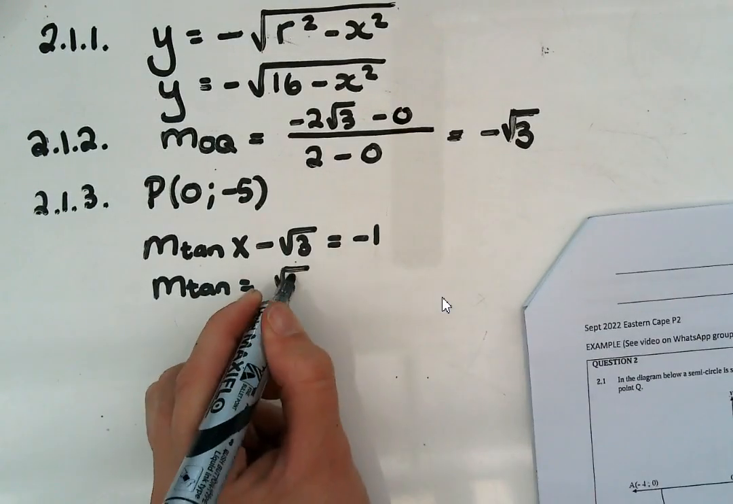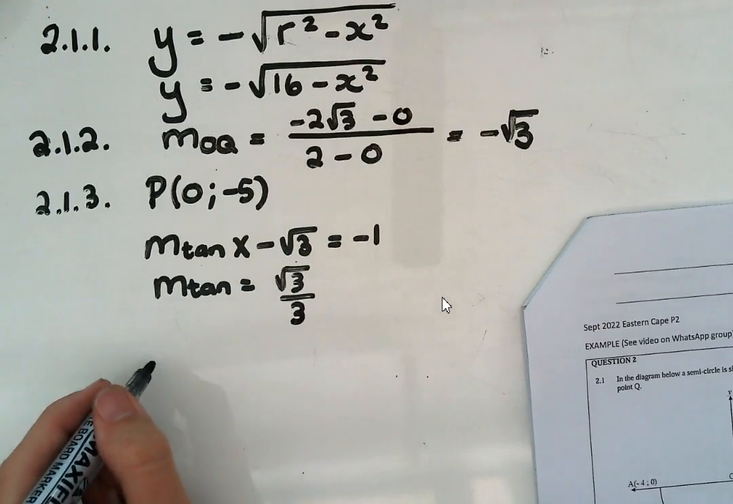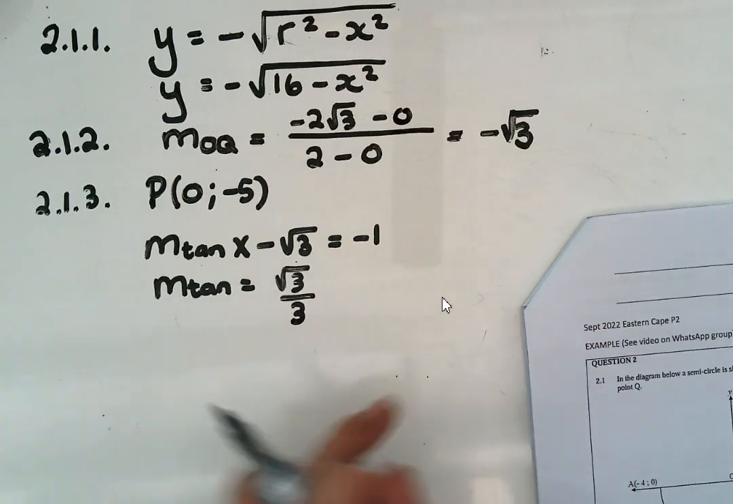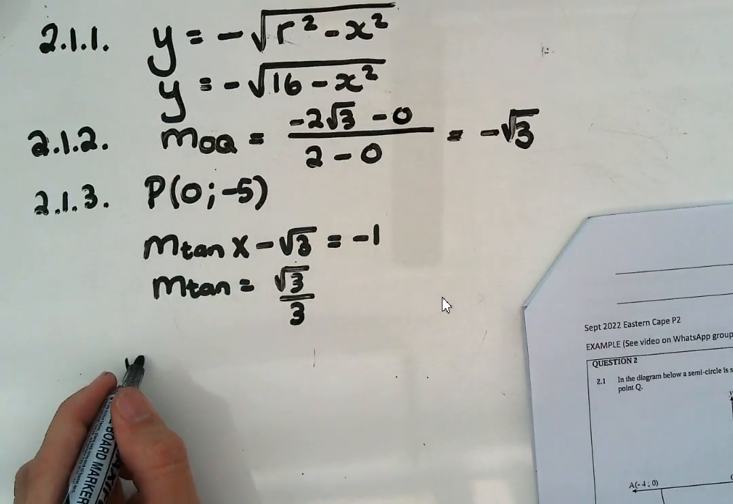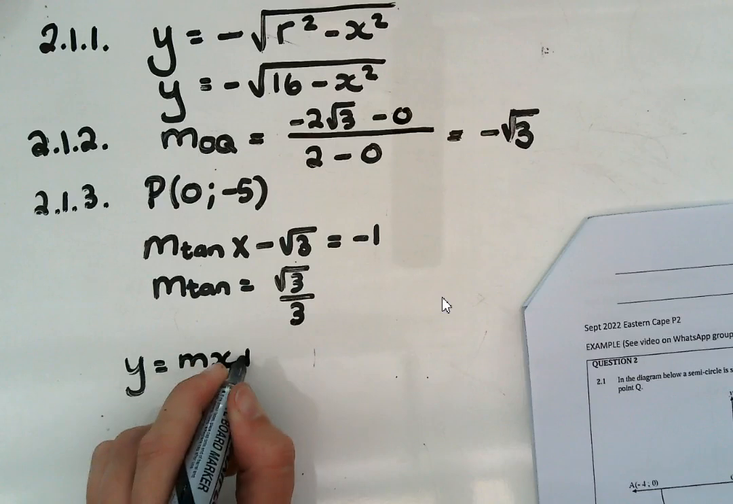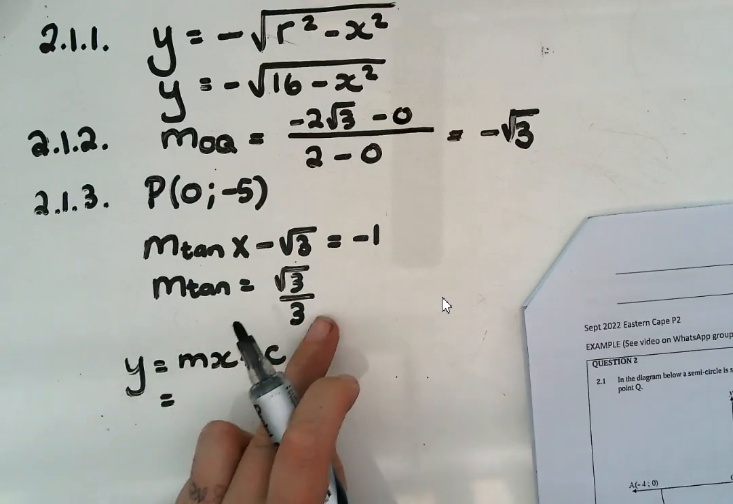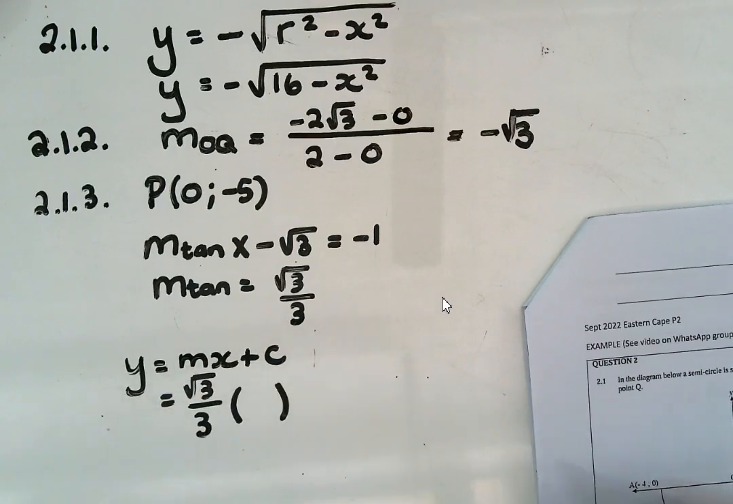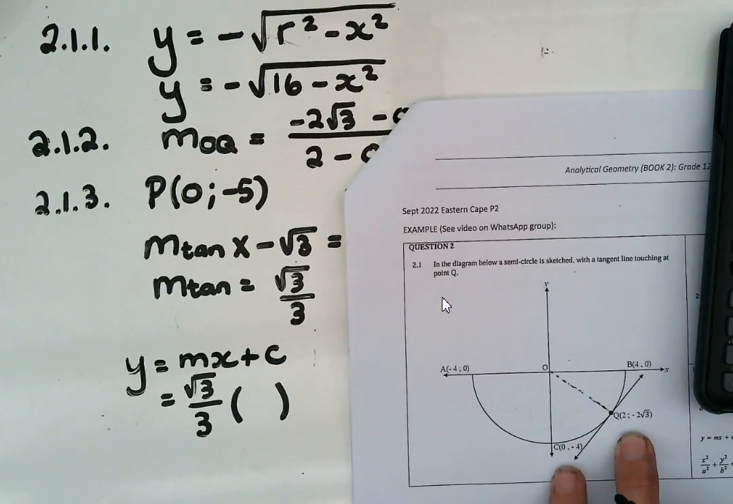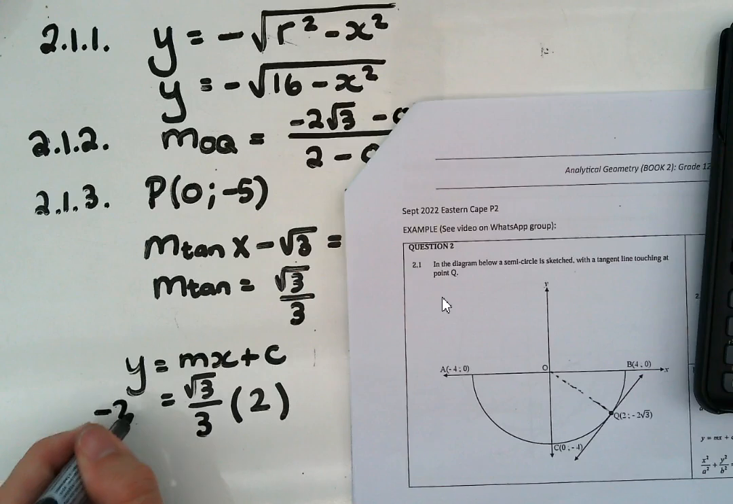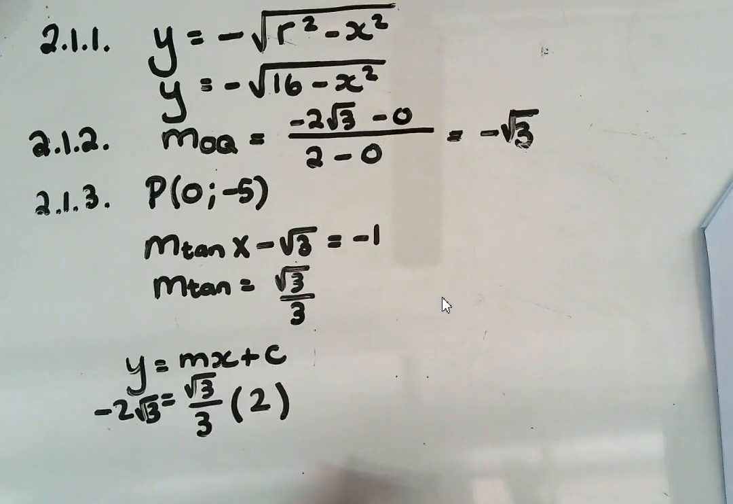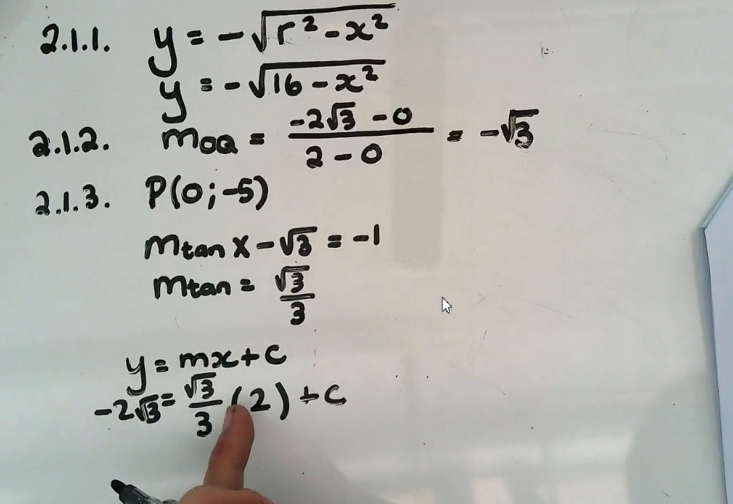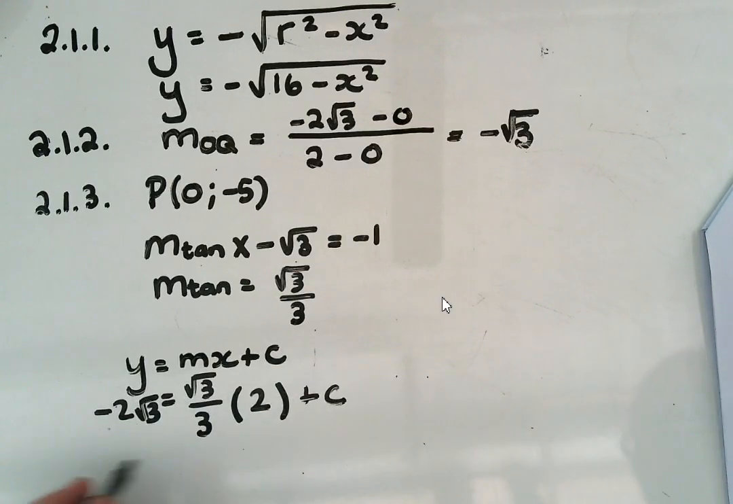So √3/3, right? And then what I would do now normally, if they didn't give me another point to work with, is I would do y is mx plus c with the m of the tangent, the gradient that I just found, the x and the y of this point of tangency there, right? The 2 is my x, and the -2√3 is my y, plus c, and then just multiply this on the calculator. That gives me